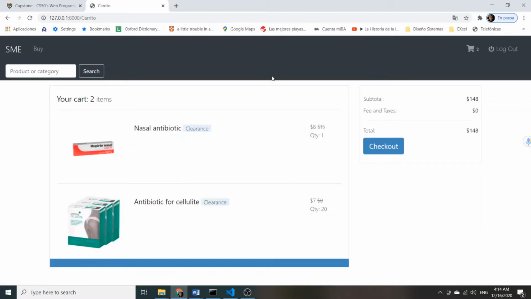Here you can see all the items we've added to the cart and some details about them, for example, the quantities. And here you can also see the total, and of course you can do the checkout. So we proceed to do the checkout. We click,